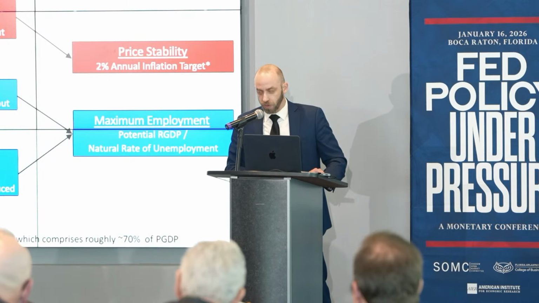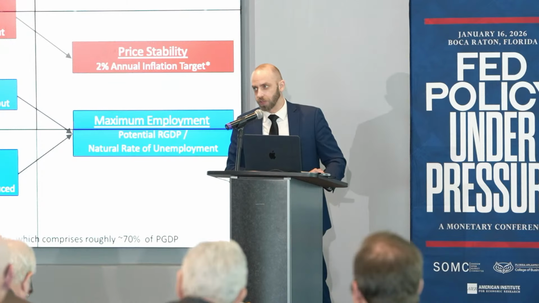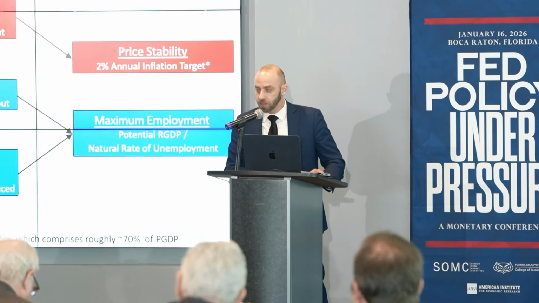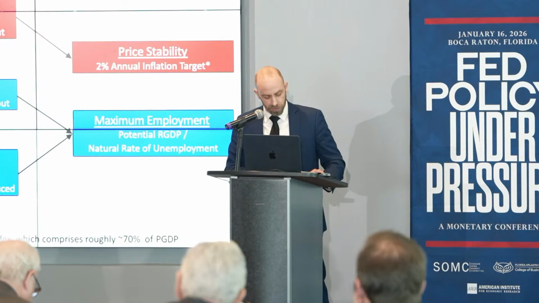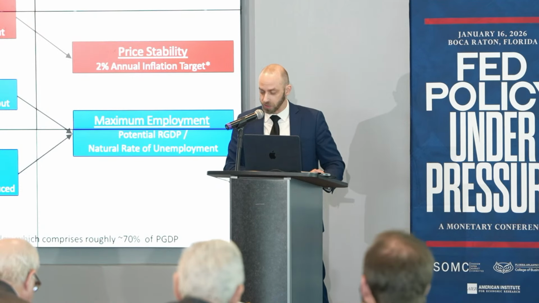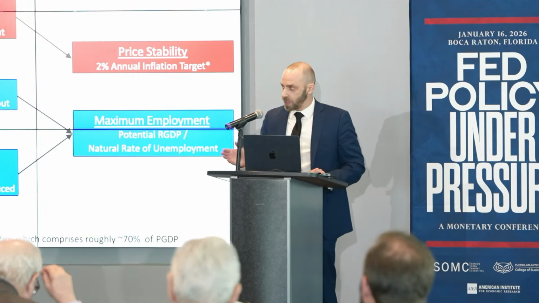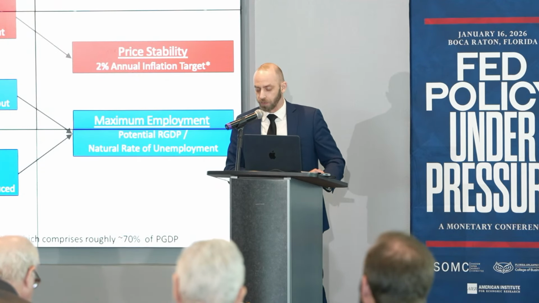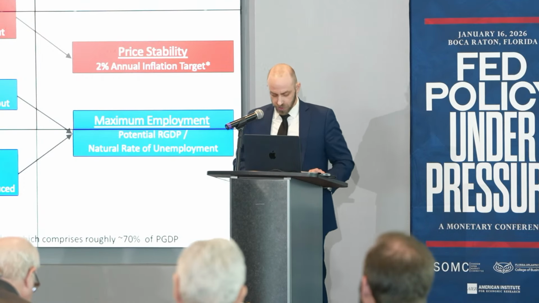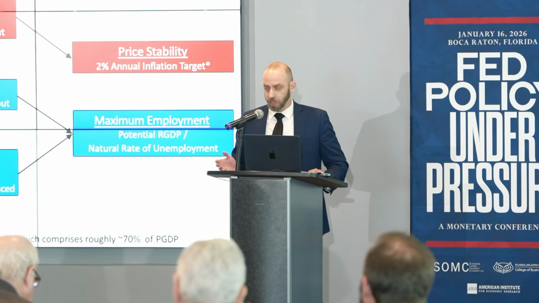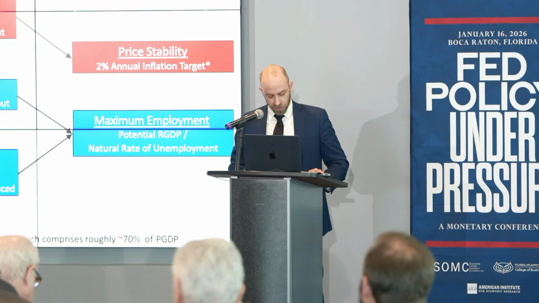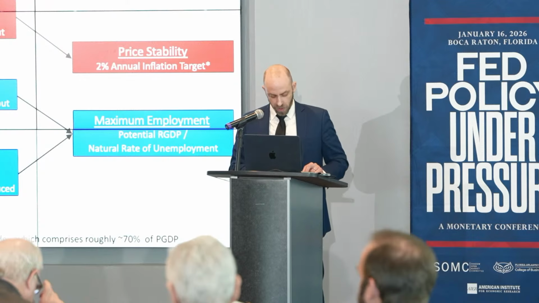NGDP stands for Nominal Gross Domestic Product. It measures the quantity of dollars spent on final goods and services produced within a country's borders in a given year. And since every dollar spent is a dollar earned, NGDP conceptually represents both an economy's total nominal spending and income. The GDP deflator adjusts NGDP for inflation to yield real GDP, which better reflects the quantity of actual goods and services being produced. In relation to the Fed's mandates, the GDP price deflator is a measure of price stability, while real GDP relates to maximum employment, as more output generally requires more jobs.